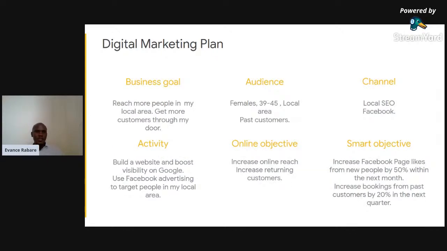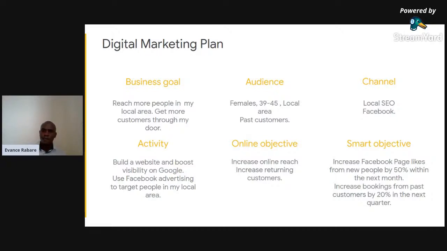All right. So let's look at the digital marketing plan, and we're going to use the Mondil example. I want to run you through it. Remember, we've been using an example of Mondil, and I want to put it together right now. We have a business goal. His business goal was to reach more people in his local area and get more customers through his store. We have the audience. His audience were females between 39 and 40 in the local area,